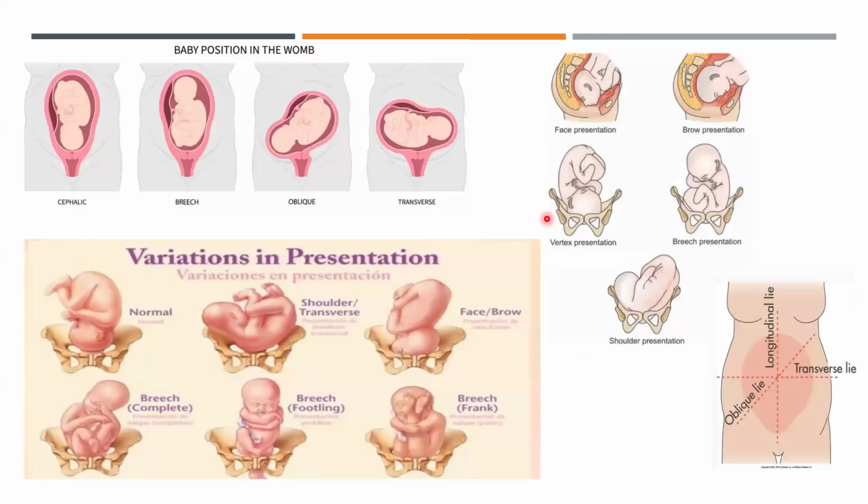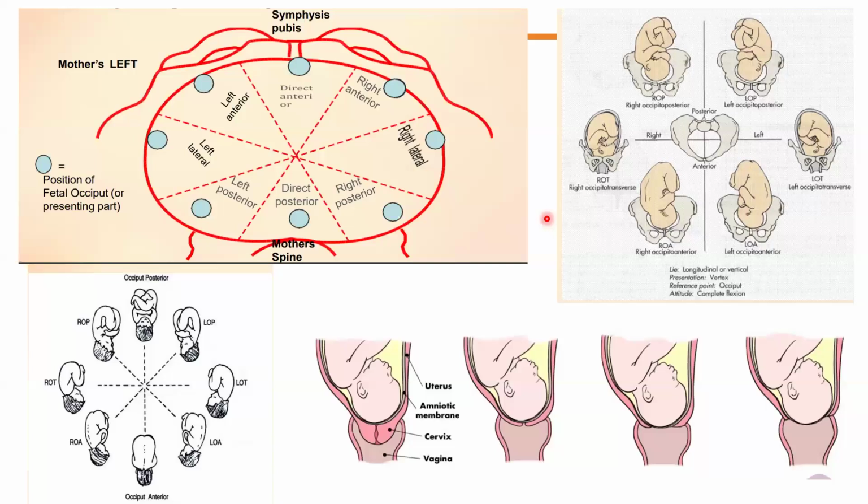And how are we going to do this? Let's look at this diagram for a bit of reference. This is the mom's spine, and this is the pubic symphysis. Your reference point is the position of the fetal occiput in relation to the mother. If the occiput is facing in front, we have occiput anterior. If it's facing directly behind, then it's occiput posterior. Then if it's on the right side, right anterior, right posterior, left anterior, left posterior. You must have seen in the notes, we have this compass-like thing. So this is basically what they're trying to show: what is the direction of the occiput in relation to the mom? Why is this important? Because it helps us in the delivery part of it.